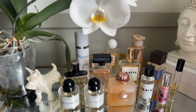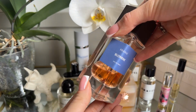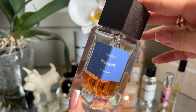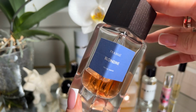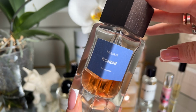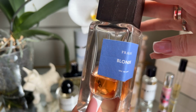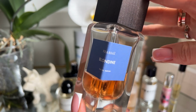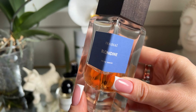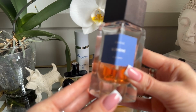So, what do we have here? Let's talk about this one. I wore it this week a few times, and I got so many compliments. And though I don't really care for the compliments, I think that is just such a good tribute to the scent, because it is such a unique creation. So here we have Bouquet of White Lilies,